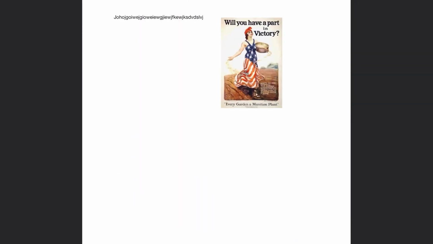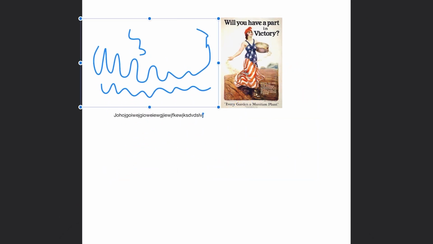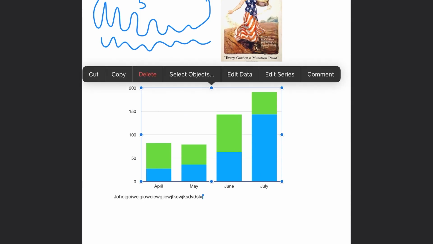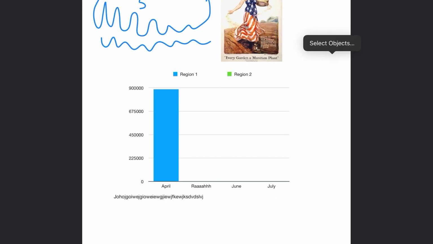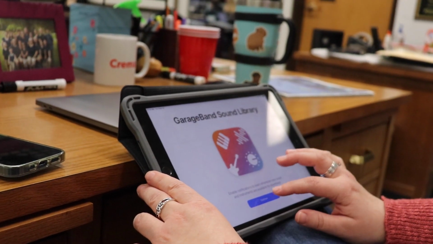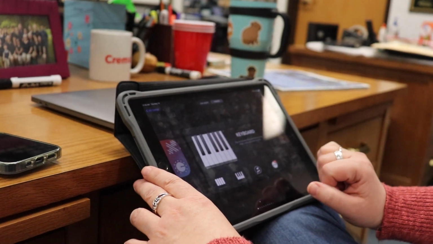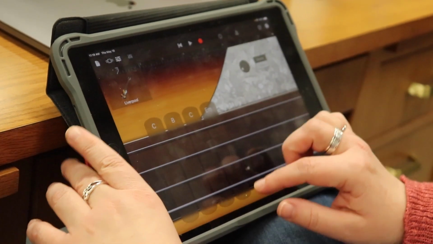Like if you think that Google Docs is a little too limiting with what you want to create, try looking at Pages and see what you can do in Pages. If anyone out there is musical or artistic, GarageBand, Keynote, like we have all of these resources that I think are way underused because my favorite saying about technology is that we are fond of our cages.